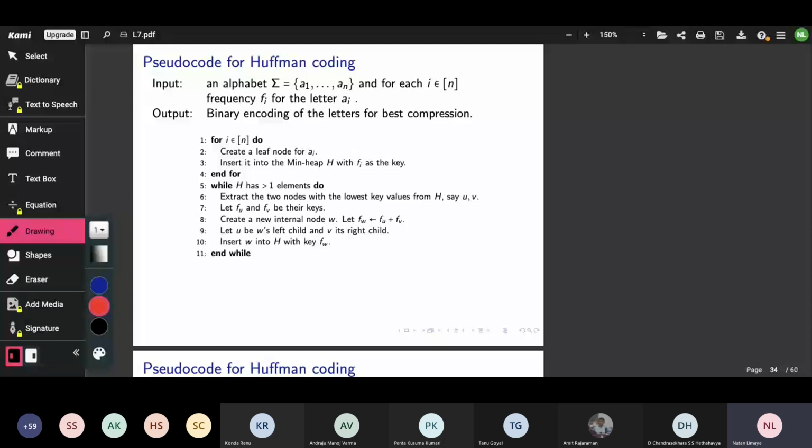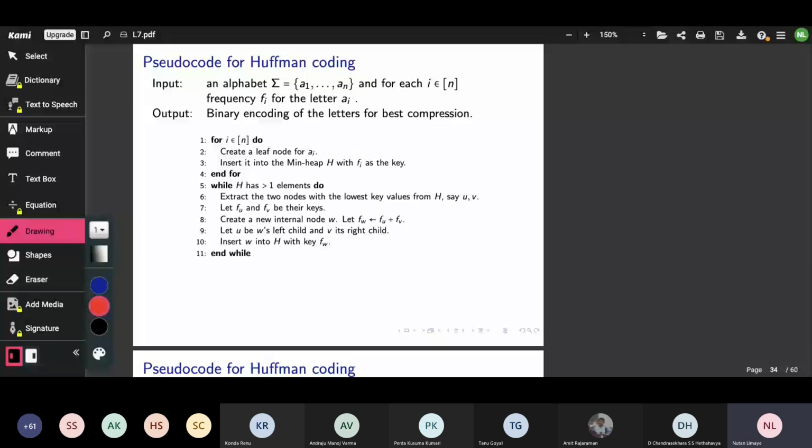When I take two letters out of the alphabet and combine them, the overall alphabet has one less letter. So this heap maintains the current list of active letters in the alphabet which are yet to be coded. While there is at least one element in the heap, extract the two nodes with the lowest frequencies. Let's say the nodes are U and V, and their frequency keys are FU and FV.